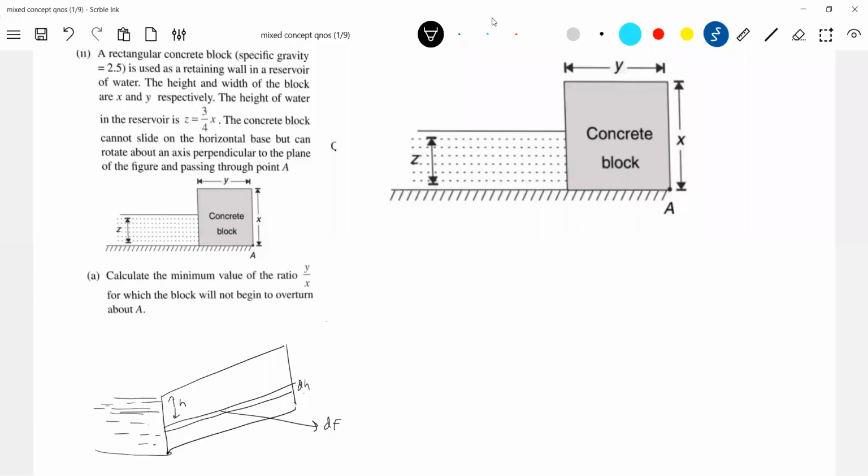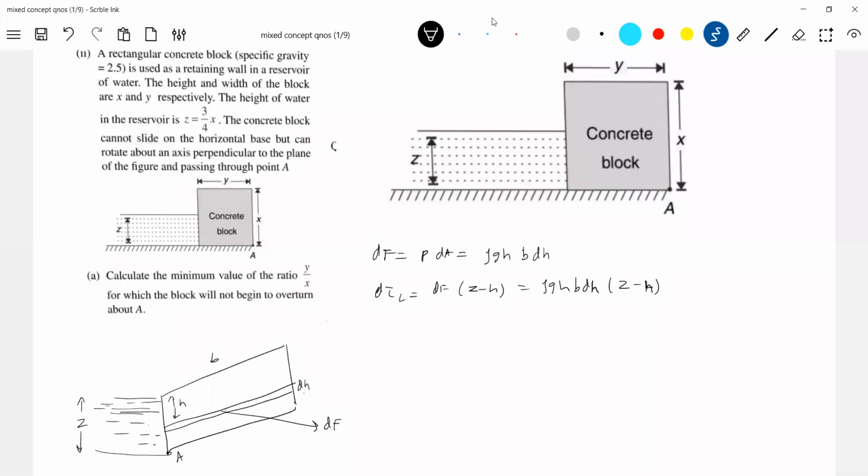This dF, will it set up any torque about point A? What is the total height of the liquid? Z. So what is the torque by this elemental strip? First we'll go for dF. What is dF equal to? Pressure at that point into dA. Width is not given, let me assume that. Pressure will be rho g h, into B dh here. So this will set up a torque about point A, torque by the liquid, which should be equal to dF into (Z minus h). So rho g h B dh (Z minus h).